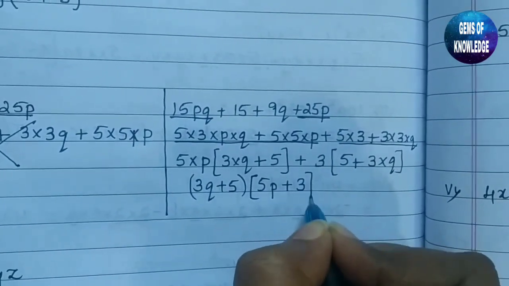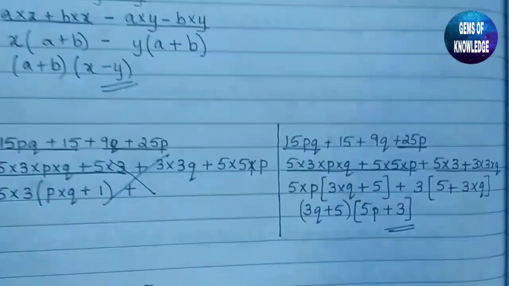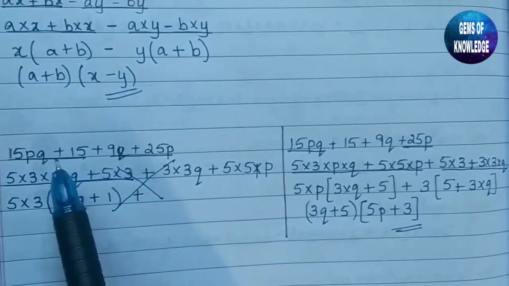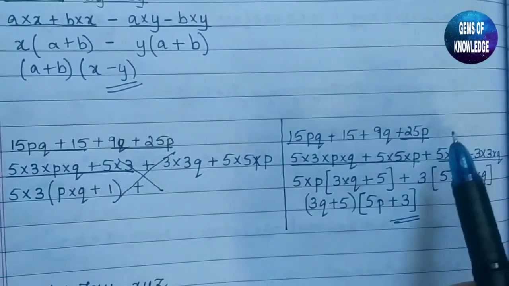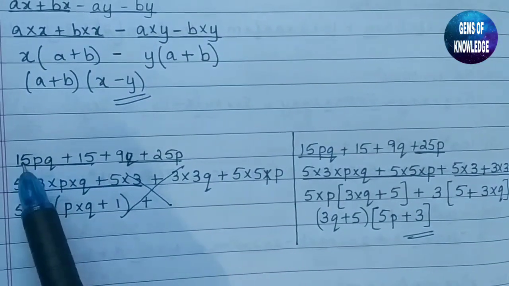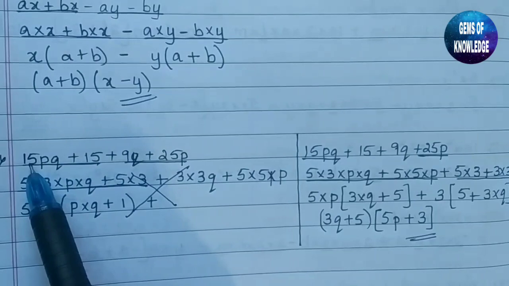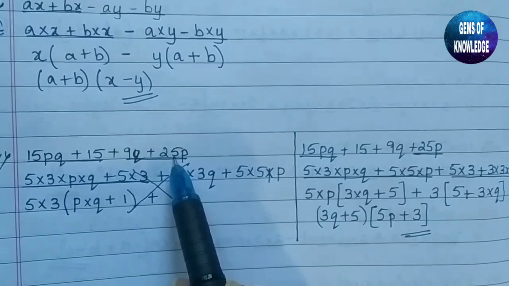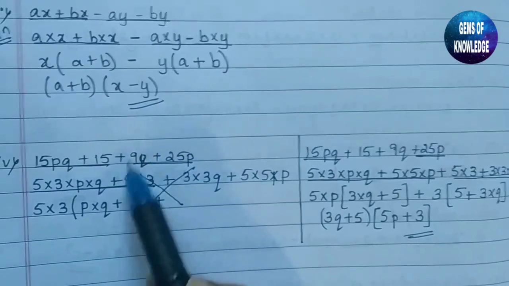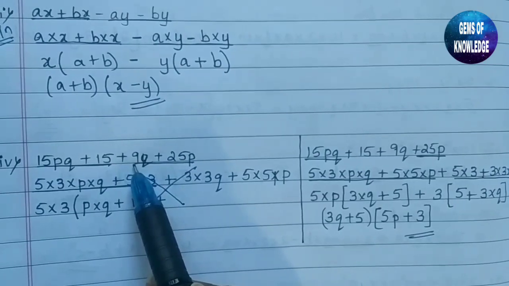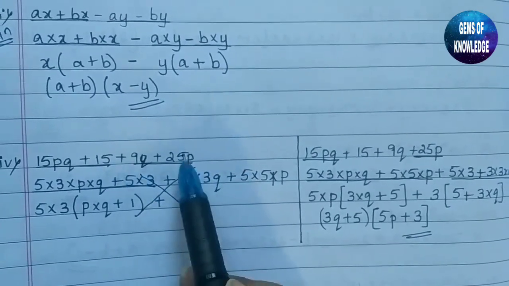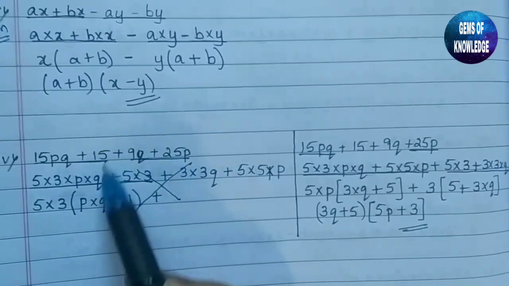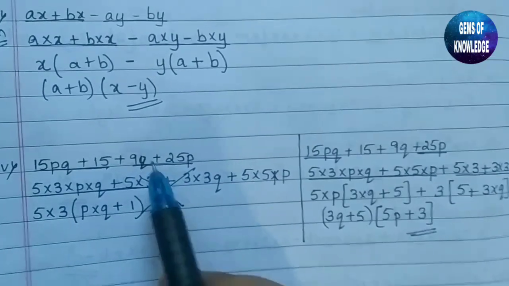Okay, so you have to be aware while choosing your grouping system. When you are grouping correctly, then only you will get the answer correctly. So here the first term grouping was correct, since 15 and 15 was common. But here 9 and 25 you are not getting in any table together. 9 we can get in the 9 table and 3 table, but 25 we can get only in the 25 table and 5 table. You have to be careful while choosing your groupings.